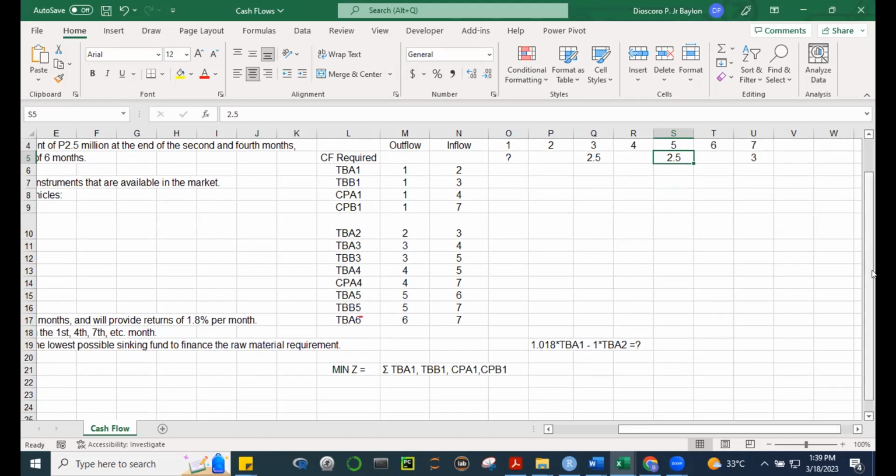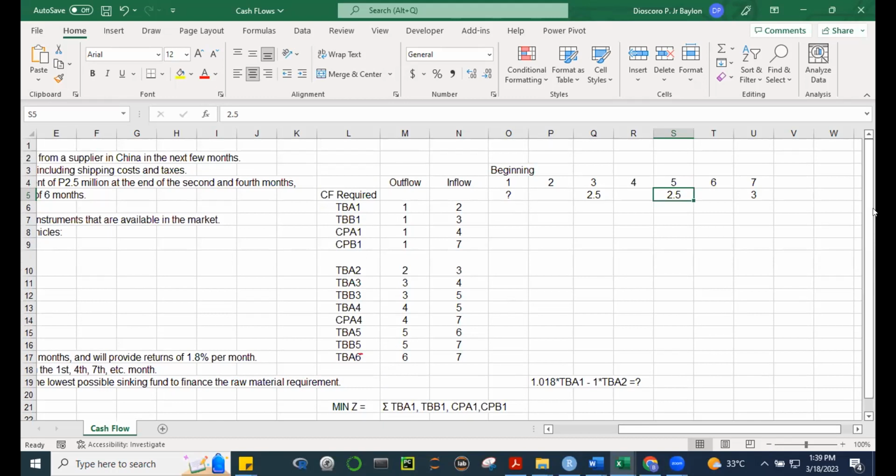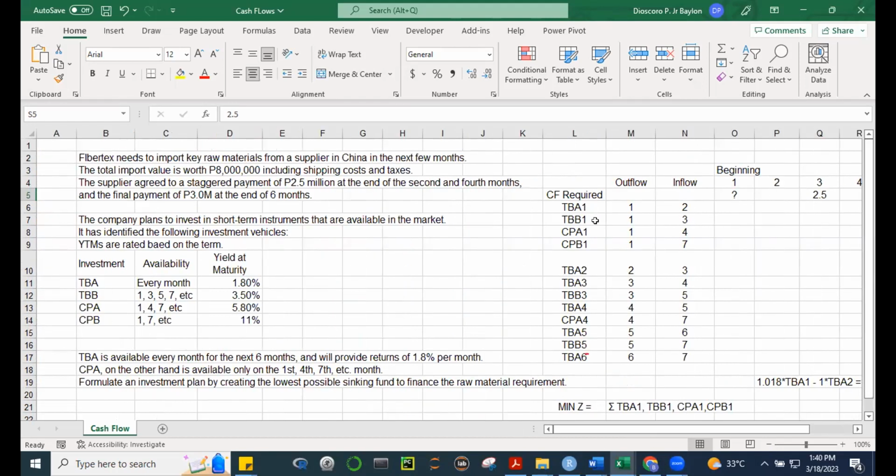All right. So we have identified our decision variables. Our decision variables include the following: Treasury bill A, that's TBA. Number one here, as I mentioned a while ago, this refers to the outflow. We're going to invest this in month one. TBB1 is also the instrument TBB invested in month one. Okay, this is CPA1, CPB1. All of these are invested in the first month. And then this one,